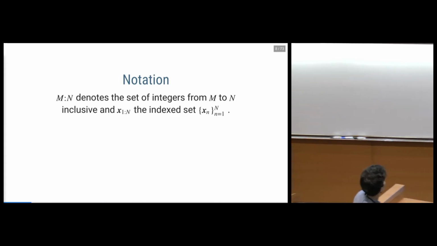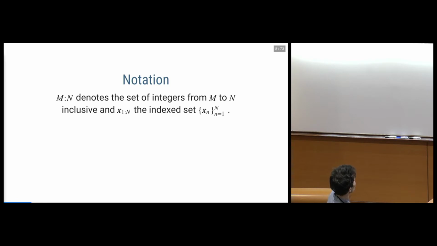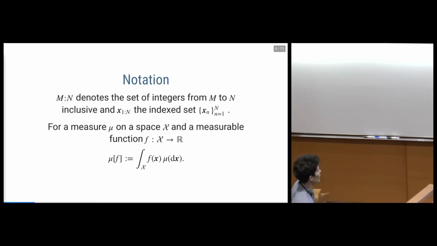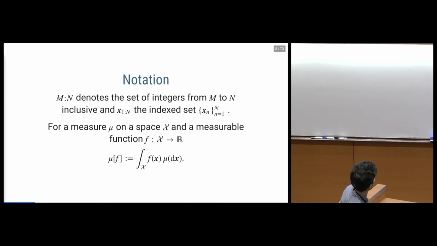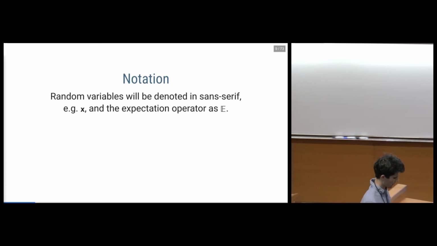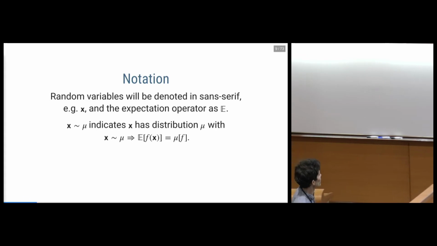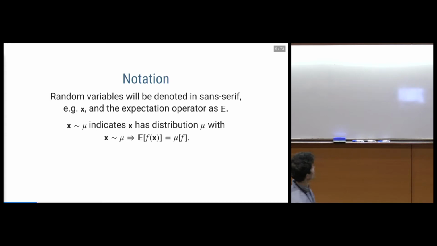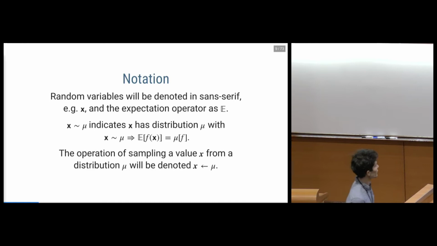Okay, so also just a bit of notation. Some of this is more common than others, but yeah, we'll use this color notation to indicate integer ranges. I will use this measure of a function notation a lot where convenient to represent integrals against a measure. Throughout, I will use sans serif symbols to represent random variables, and we'll use this tilde to represent being distributed according to some distribution, and the expectation operator by this bold font E.